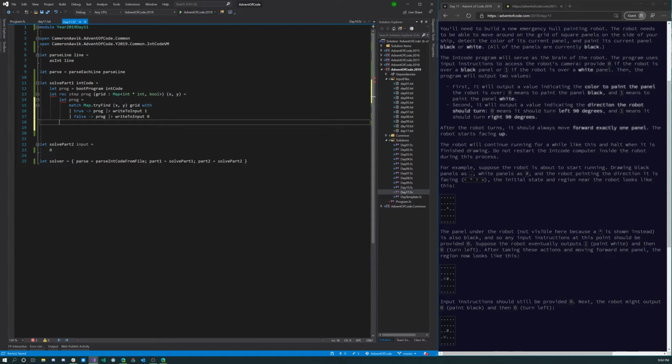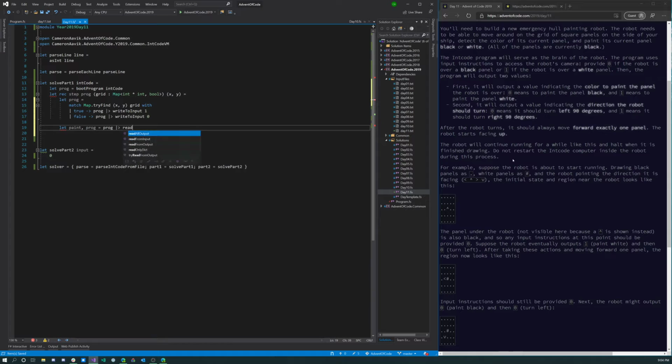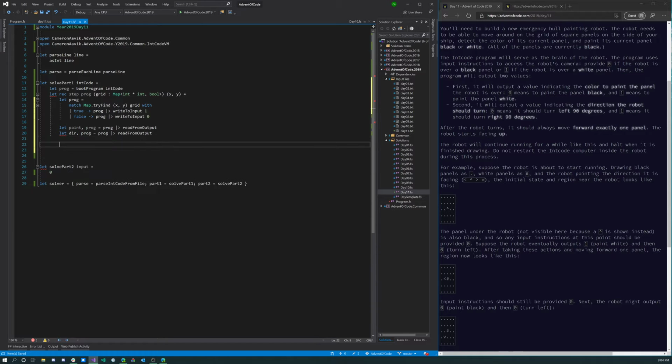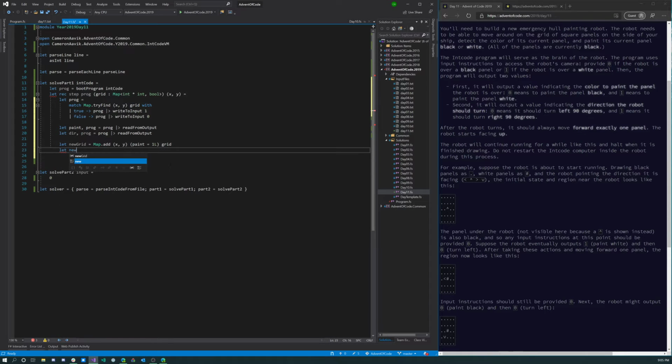And then we're going to get 2 values, right? So one is let paint prog equal read from input, read from output, and let dir prog equal read from output, and we're going to say that new grid is equal to, and that's our grid, and new x, y equal to